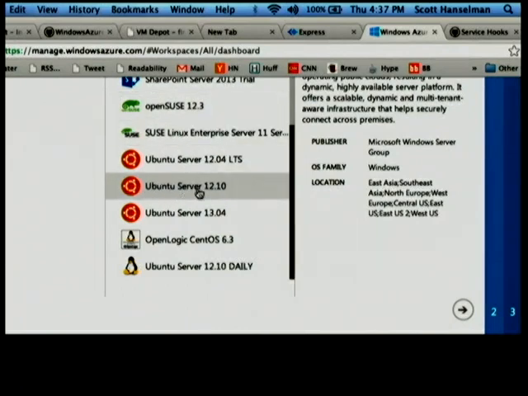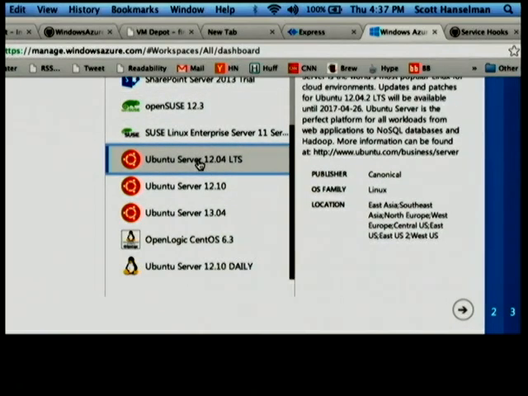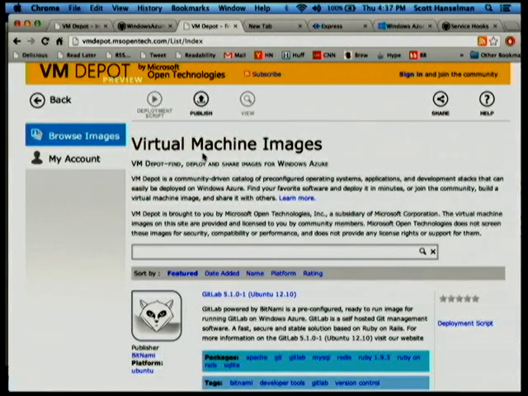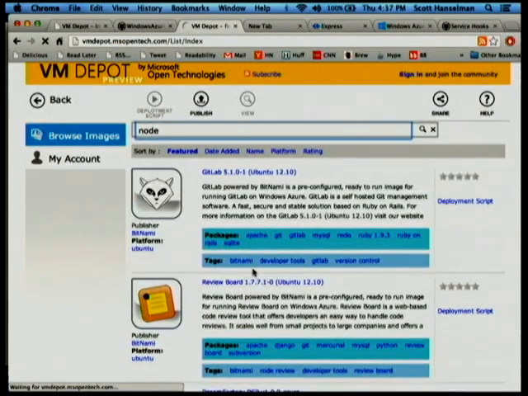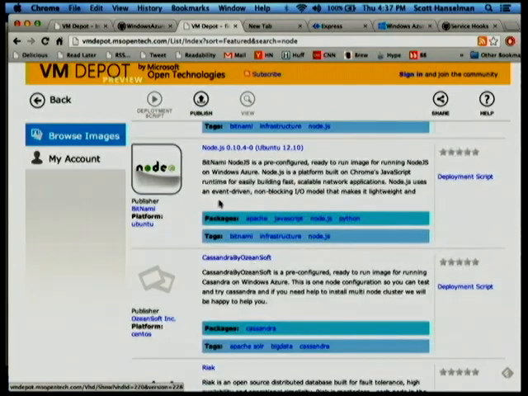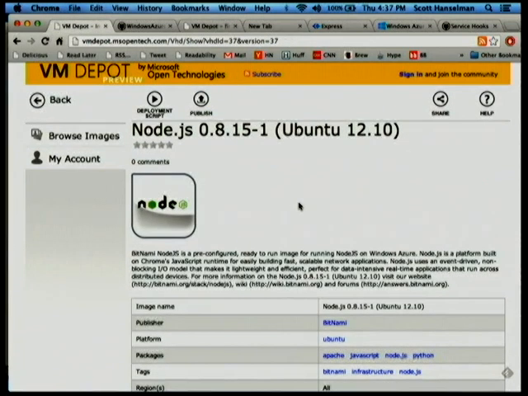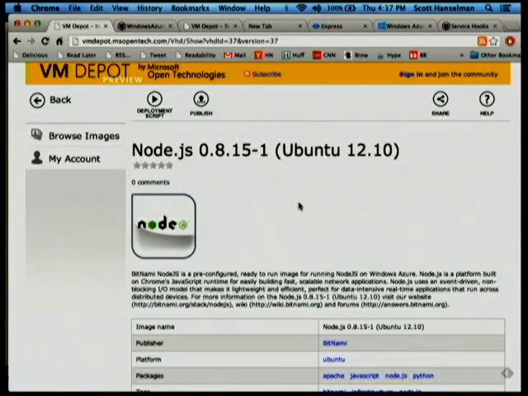So I could do that, but these maybe aren't what I want, because then I'd have to go and set it up and put Node on it and do all that kind of stuff, and that could take 20 minutes, maybe 21 minutes. Those are kind of fresh images that you could use. What you can actually do is go up to our open depot, kind of think of it as NPM for community VMs. And then I could say, well, I really want a Node VM that's pre-configured and hardened, and I want it to have Cassandra on it, or something else. So here's one from Bitnami. I want to use the Bitnami one, say. So then I can look at this. Okay, that's the Node version. Maybe it's an old version of Node, but it's a good version of Ubuntu.